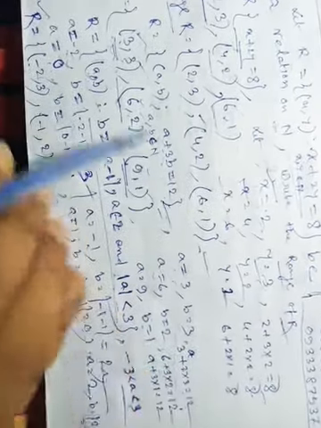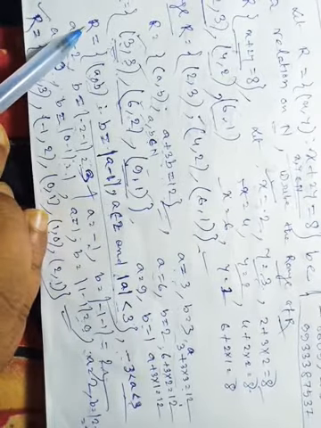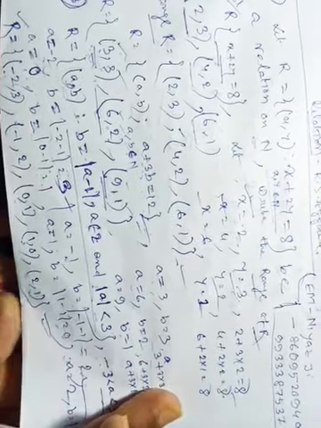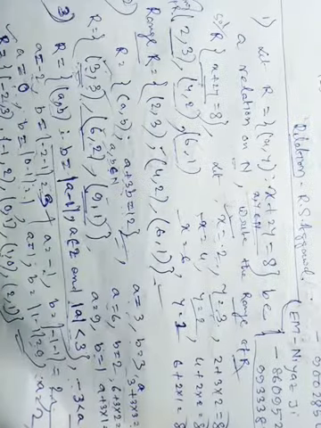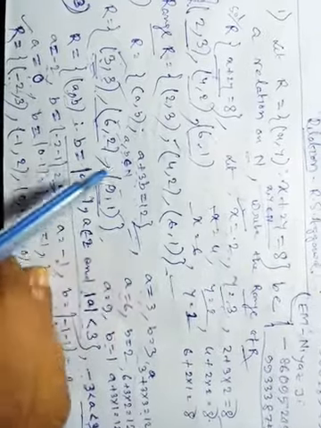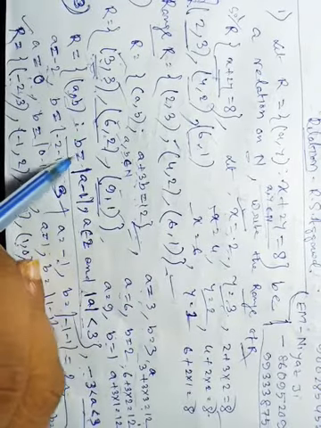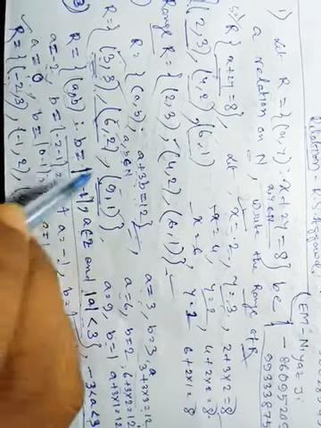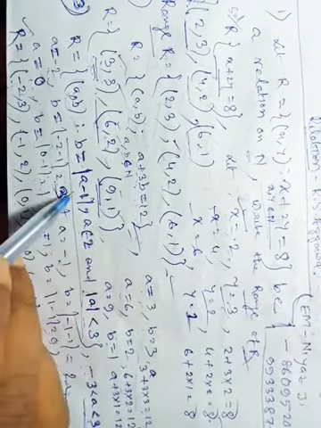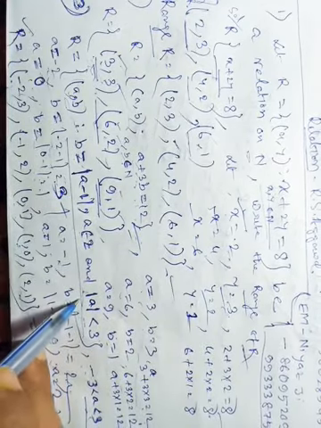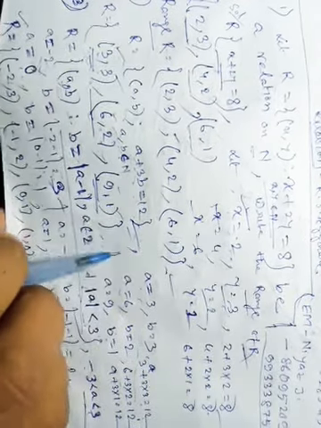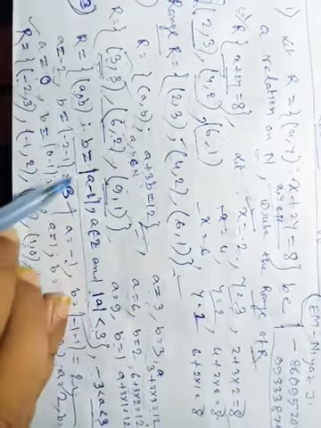Next, come to the next question, question number 3. Actually, I am unable to show you, but this is question number 3, another question from R.S. Agarwal math book. The relation is given here: (a, b) such that b is equal to a minus 1, where a belongs to Z and mod of a is strictly less than 3. So we have to find the range set of this relation.